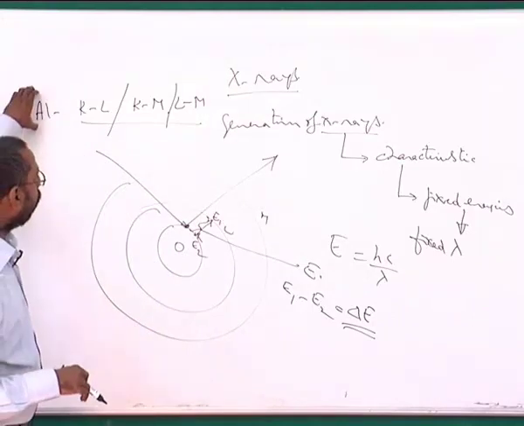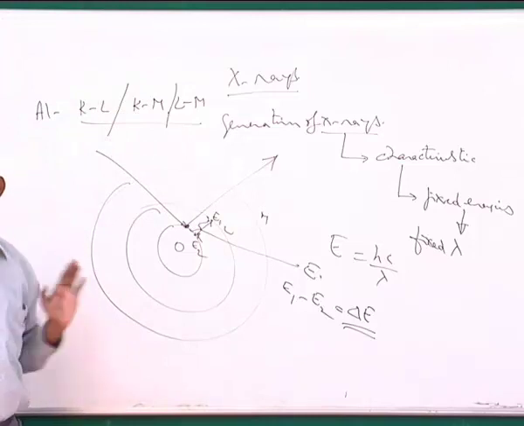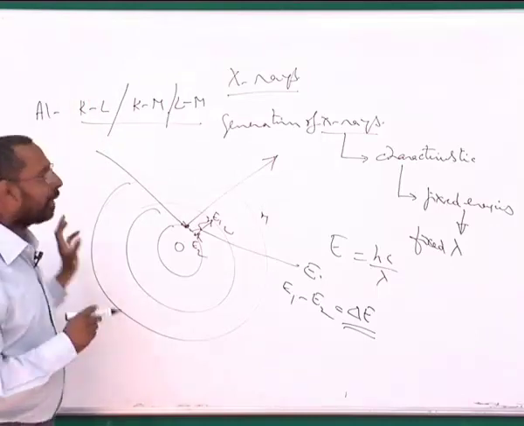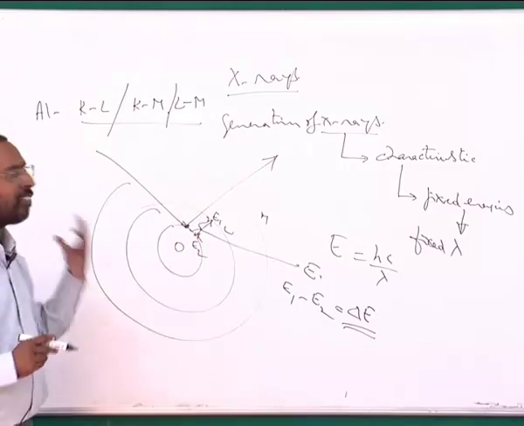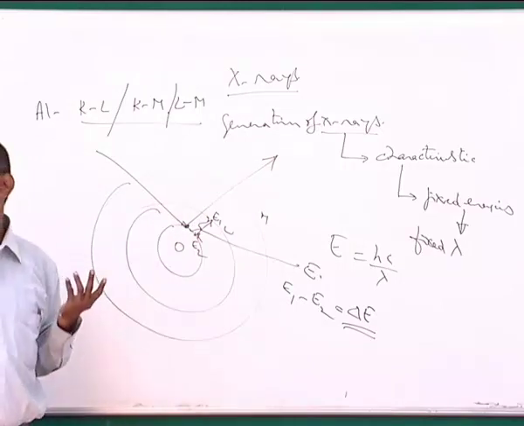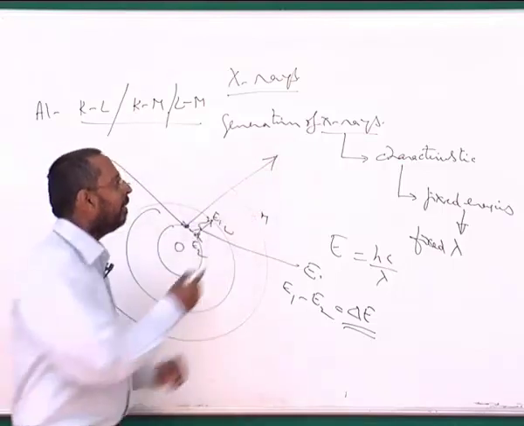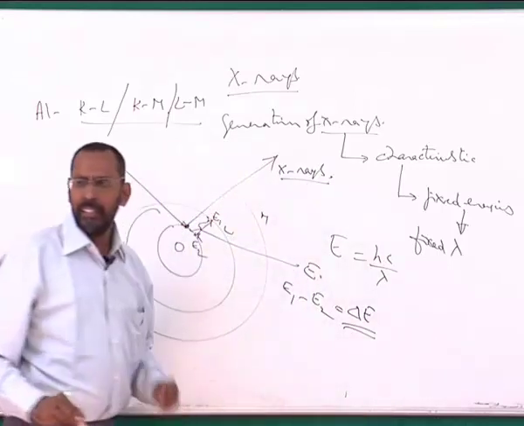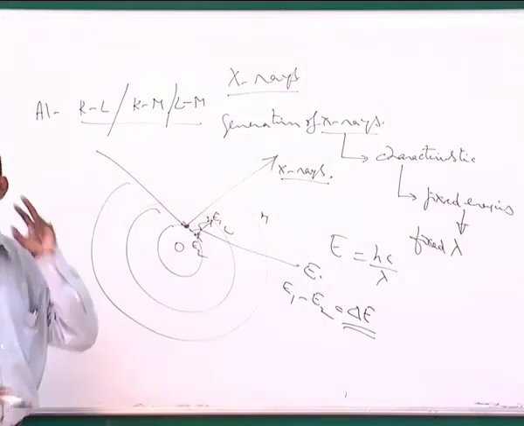So once I know this for each element, for the whole periodic table, if this database is available, then what I can do is start with the database and collect the X-rays that are coming out of my sample. If my sample has some elements and I do not know what elements these are, I simply collect these X-rays that are coming out. And this collection of the X-rays is done in two different ways.